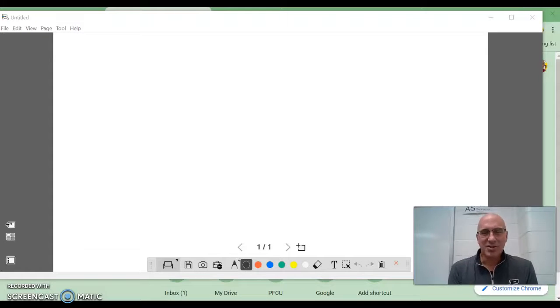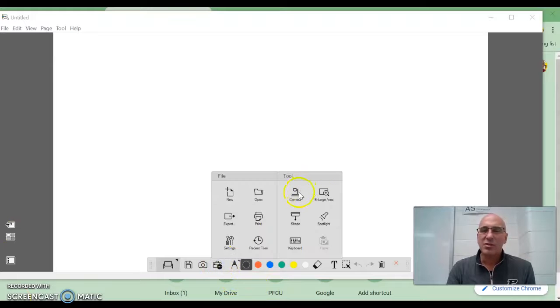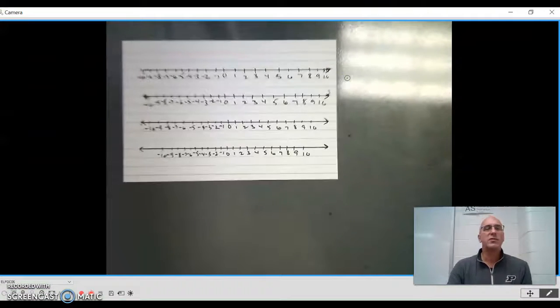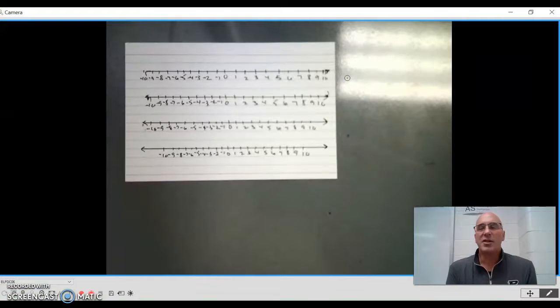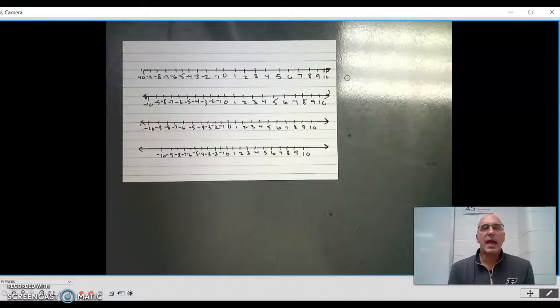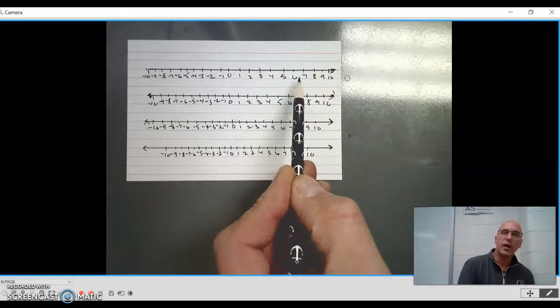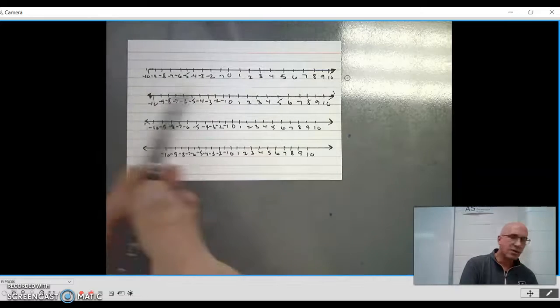Adding integers. I know you have all been waiting to learn how to add integers. So we've had a number line before, when we started introducing integers. Just to review a little bit, here I just drew some number lines. And we know that the positive numbers are over here on the right, and the negative numbers are over here